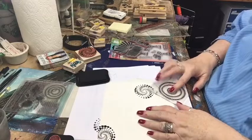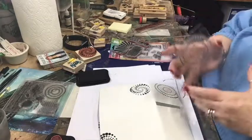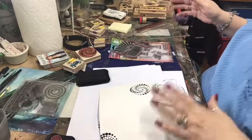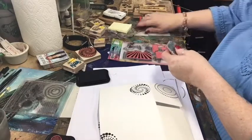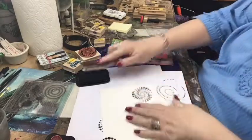I want to make sure I do the flaps. And I want to do each image individually. I don't want to stamp 2 or 3 times with the same one, because I need this to be very black. So now I'm going to put this one on here. And I do have